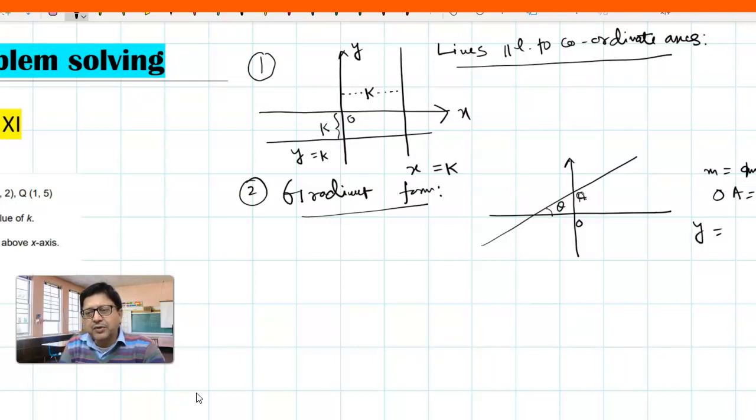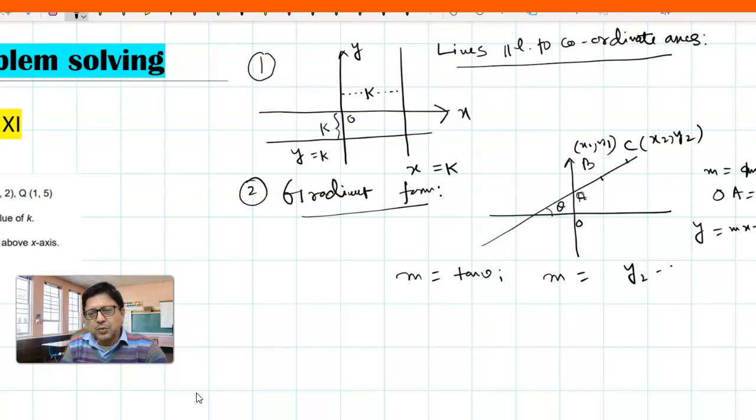Then the equation is y equal to mx plus c, where m equal to tan theta. It may be like this also, if 2 points are known on this line, that those 2 points be x1 y1 and x2 y2. This is x1 y1. Slope also can be written as y2 minus y1 by x2 minus x1. Okay. So if a line makes angle with x-axis, slope is known, and angle between two lines